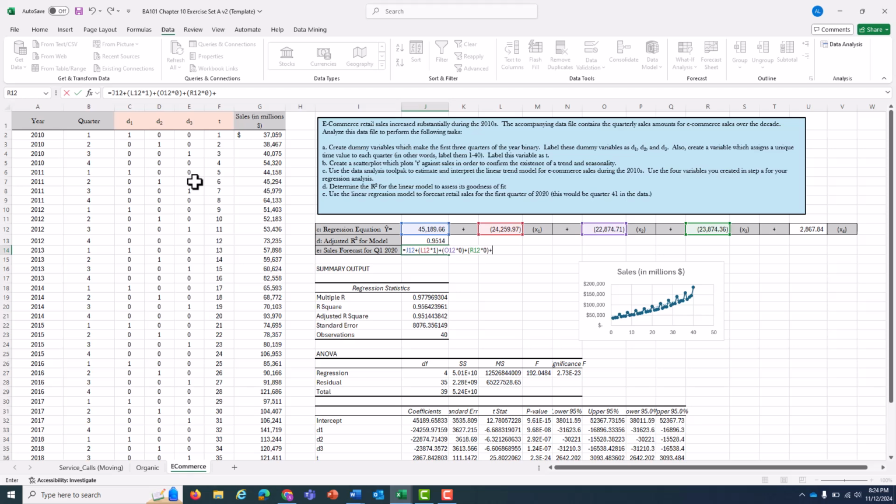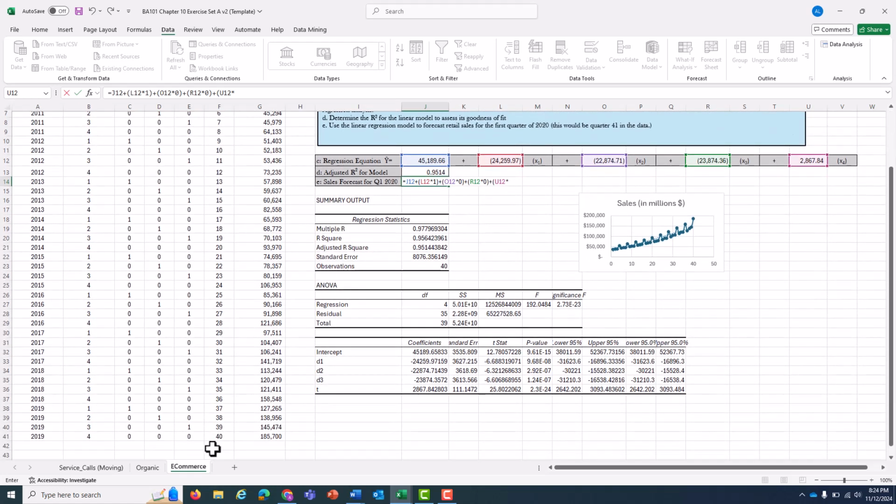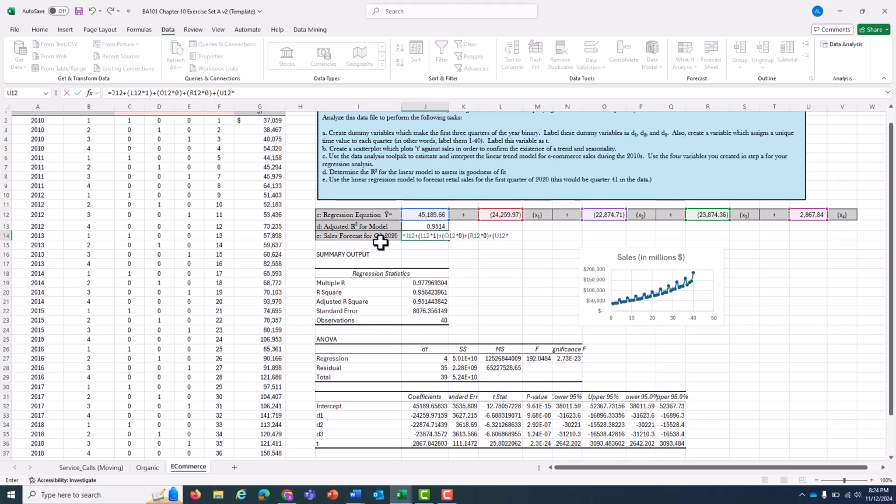Plus the coefficient that we have at the end for our time variable, which is $2,867.84, times what our input would be. And what would our T number be for the very next quarter that we had? Well, we ended on the 40th quarter. We are predicting in Q1 2020 for the 41st quarter. Put all of that information in, I get $138,511.24. We can predict for budgeting purposes, if we are in the e-commerce business, the total e-commerce sales would be